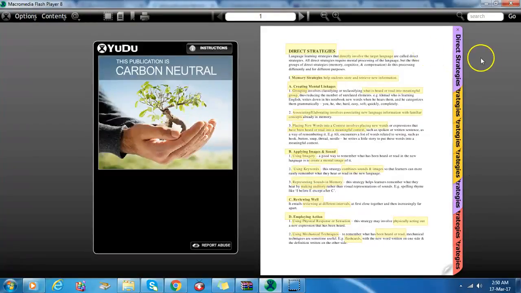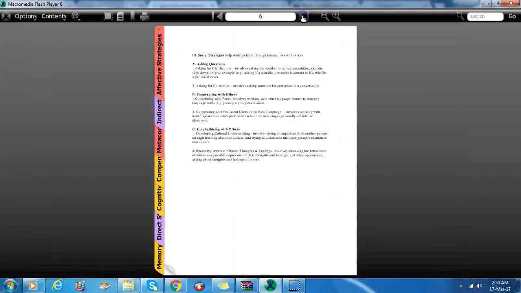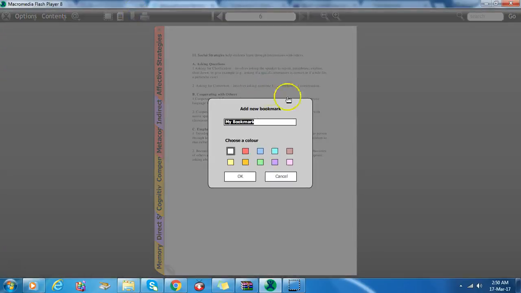Now let me move to the demonstration of the bookmark. When you go to the last page, this is the social strategy. So I would like to create a bookmark for this page. You can bring your cursor to the add a bookmark. You click it, you will have a pop-up here. Add new bookmark, and you can rename it as social